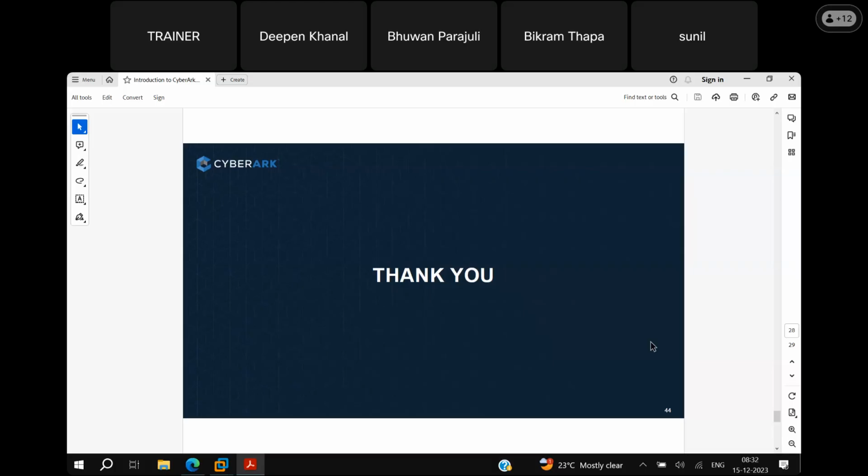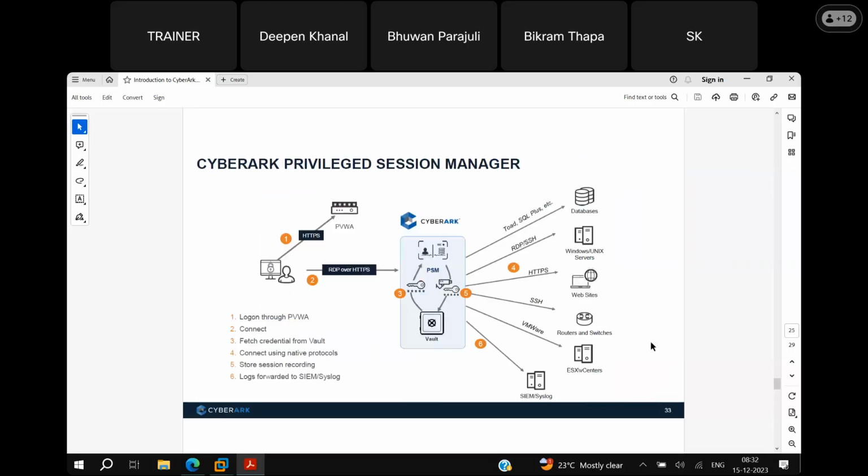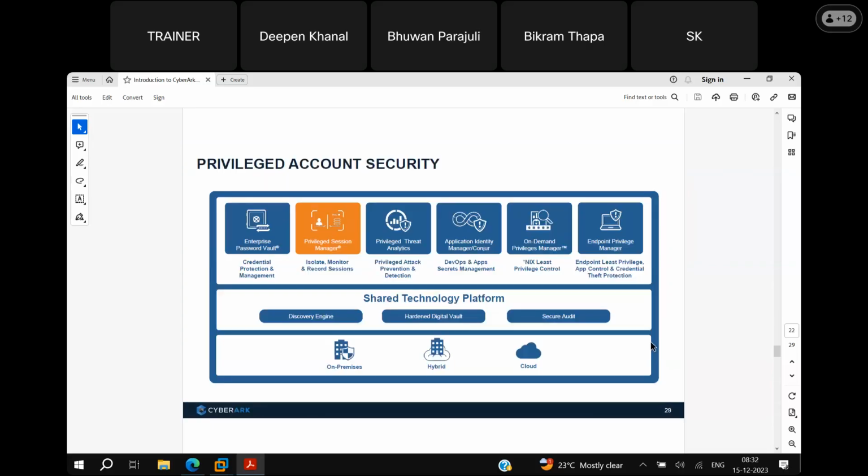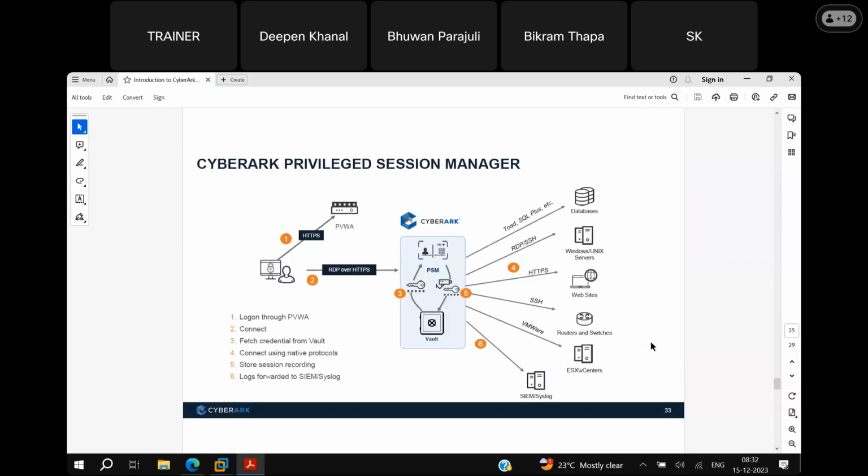Can you show us the slide? What do PSM and all of them stand for? Privilege Session Management. So this is our PSM server. The sessions will go from the PSM server to the endpoint.